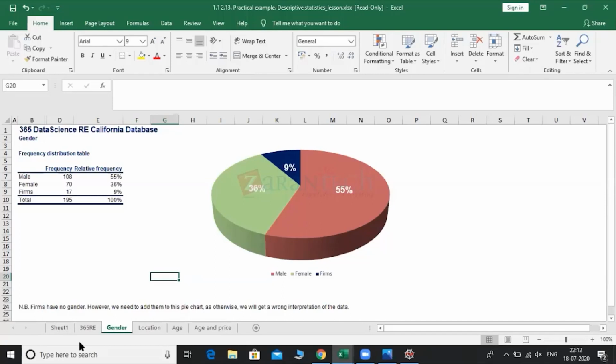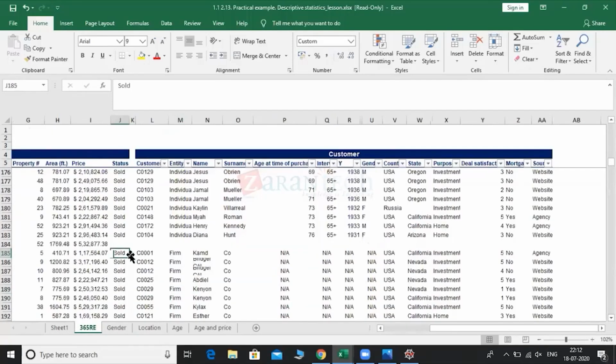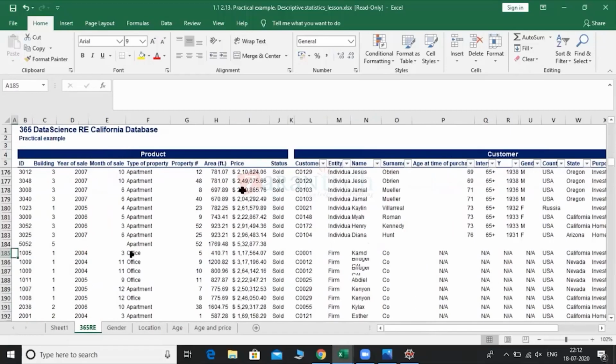Like it could be in the form of KPIs, as we are saying, or it could be in the form of presentations. These are the things where the data analyst role mostly is over. But if you are aiming to know more, now what we want to do is, let's say that based on these understandings, okay, this is the area, this is the price, we want to understand